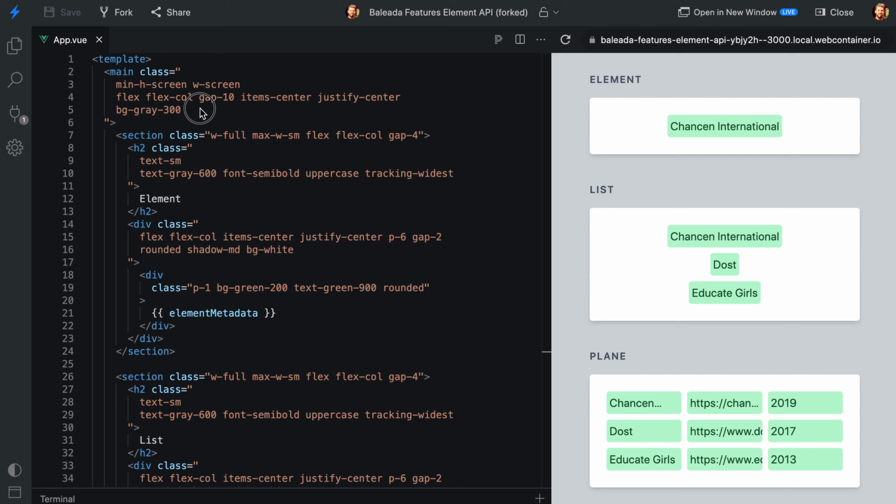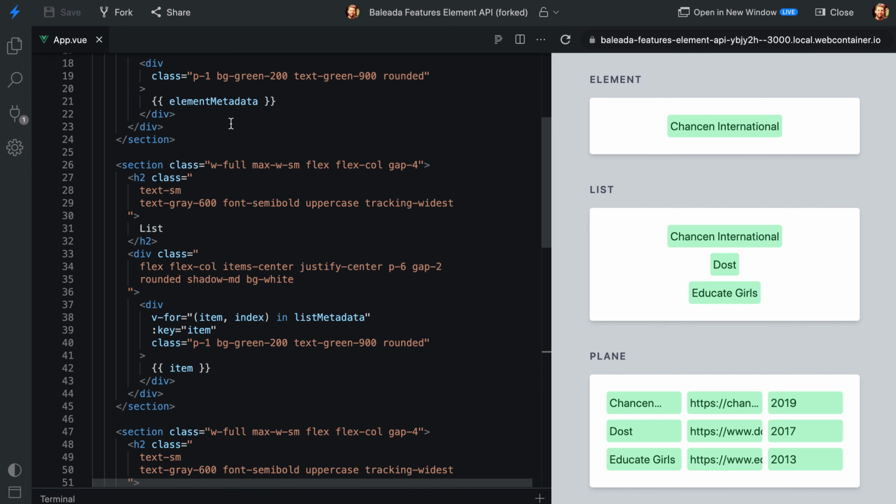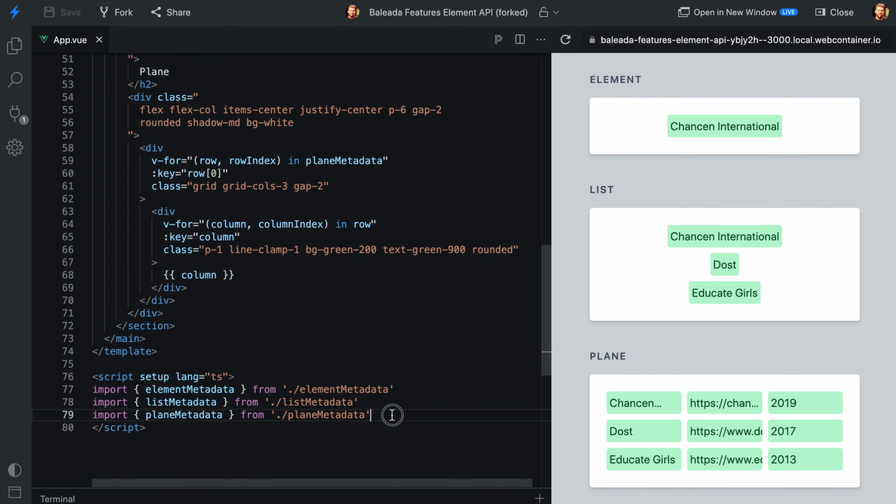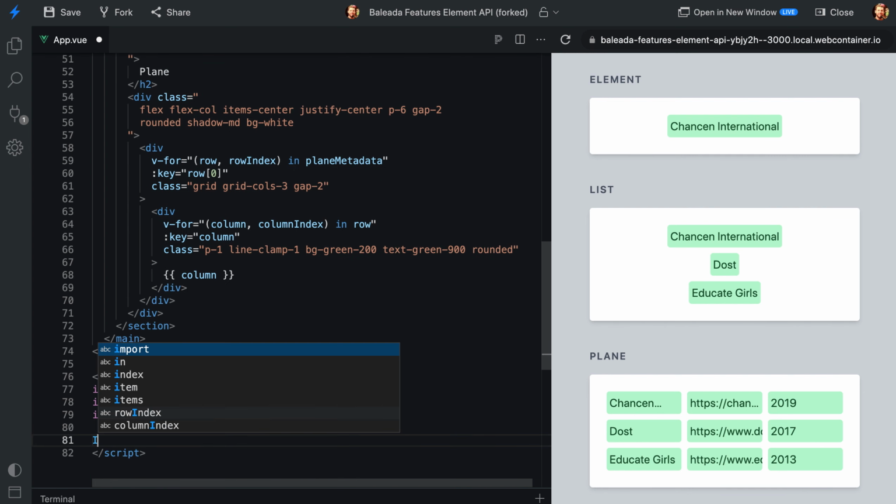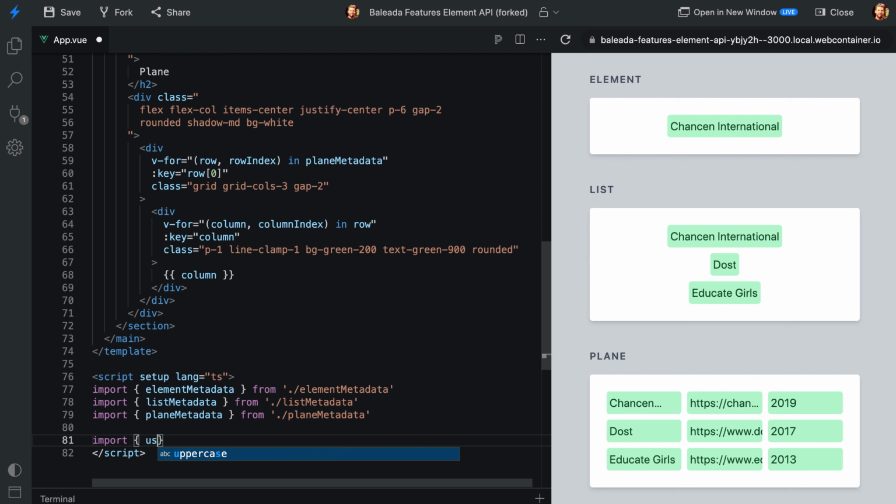So to do that, we are going to be relying pretty heavily on a tool, a function that I wrote called useElementApi. And let's go ahead and actually import that right now while I explain what it is and what it's all about. So we import useElementApi from